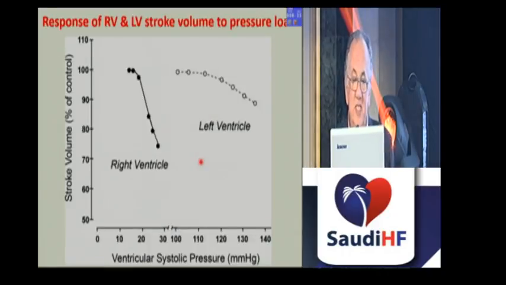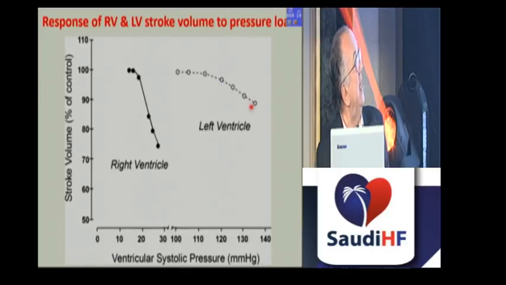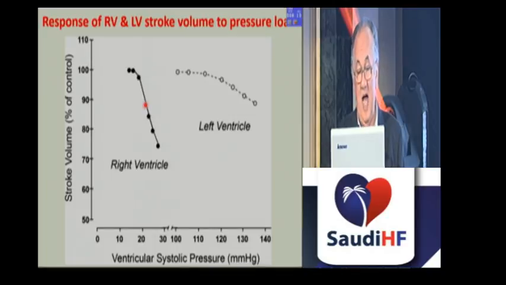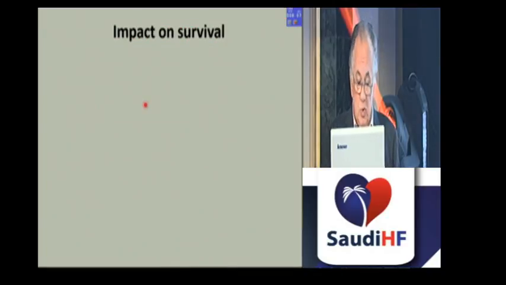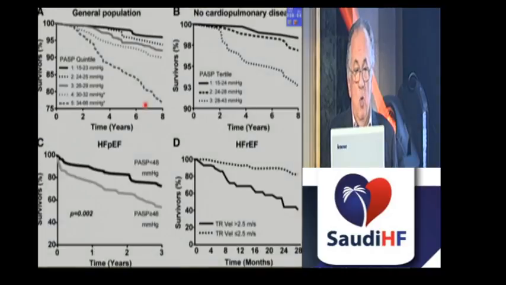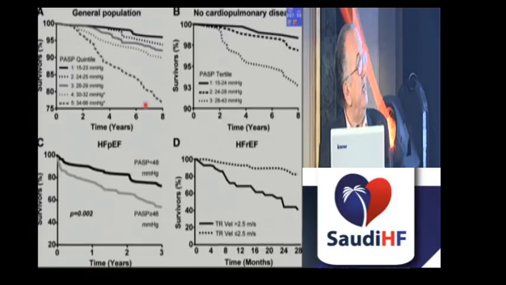But most ominously, look at this curve. This is the response of the stroke volume of the right ventricle as compared to the left ventricle in response to increasing afterload, whereas the left ventricle can resist increasing afterload for quite some time, the right ventricle fails very quickly in response to increasing afterload. The impact on survival, universal. Whether you look at the general population, those without cardiopulmonary disease, HFpEF, HFrEF, always high pulmonary artery pressure ushers